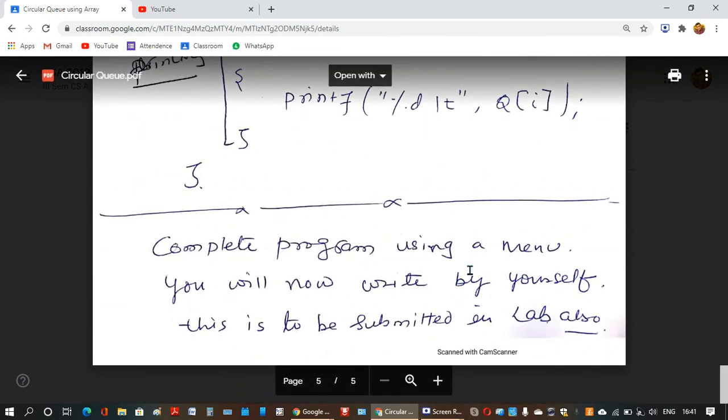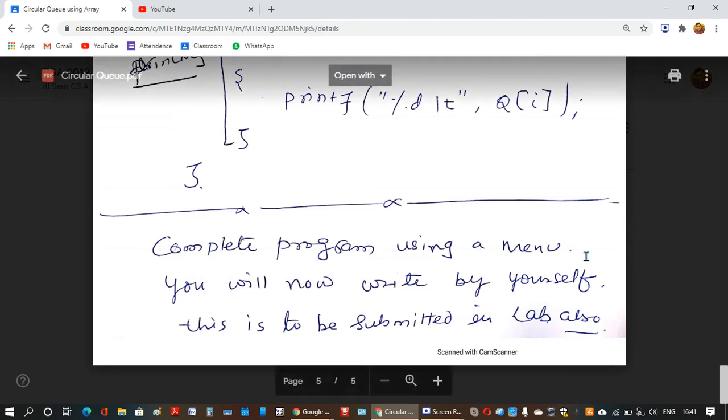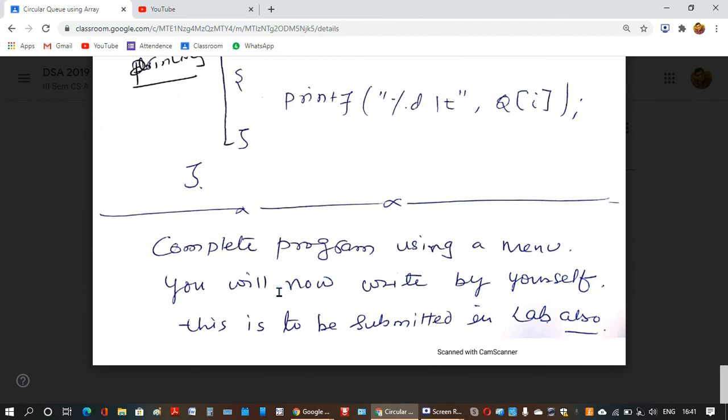So this is how a circular queue can be implemented using array. You complete this program using menu. So you will write a menu driven program as you are now in practice, and the program you will write by yourself. I have given you and explained you how the functions will be written, how they work.